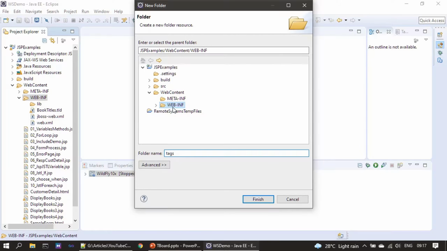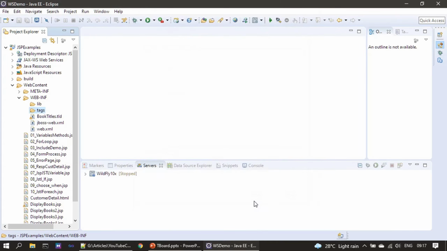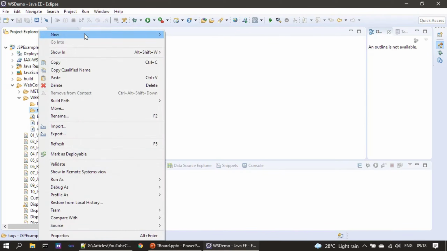Remember, this folder is referred by our JSP file. So in the previous slide we saw that with the prefix tg we refer taglib and we refer this directory. Alright, so first we created the directory WEB-INF/tags, then we can go for a new